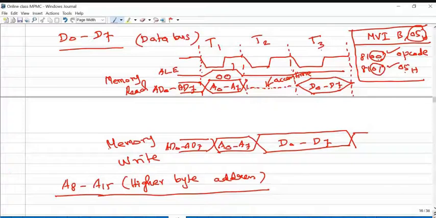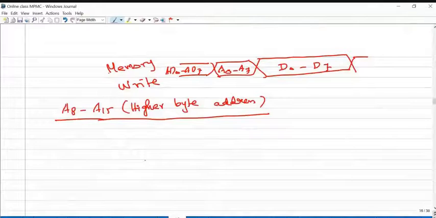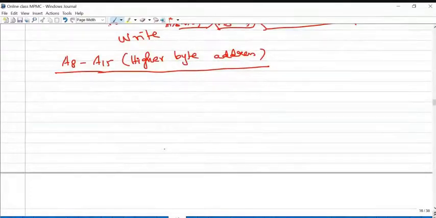In this example, the 8-1 is represented by the A8 to A15 address lines carrying this 8-bit information. This is hexadecimal data. 1 can be represented by 4 binary bits, 8 can be represented by 4 binary bits. So in total this 8-bit information is represented by A8 to A15. Here there is no need to worry about whether ALE is 0 or 1, because there is no multiplexed pin.